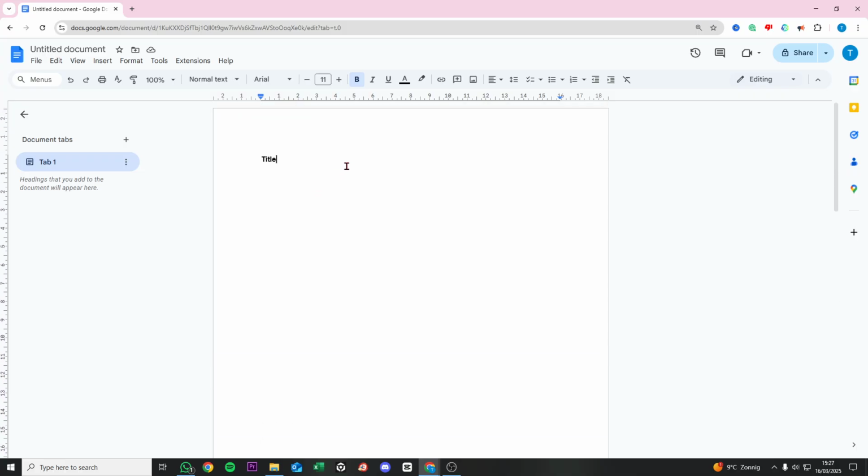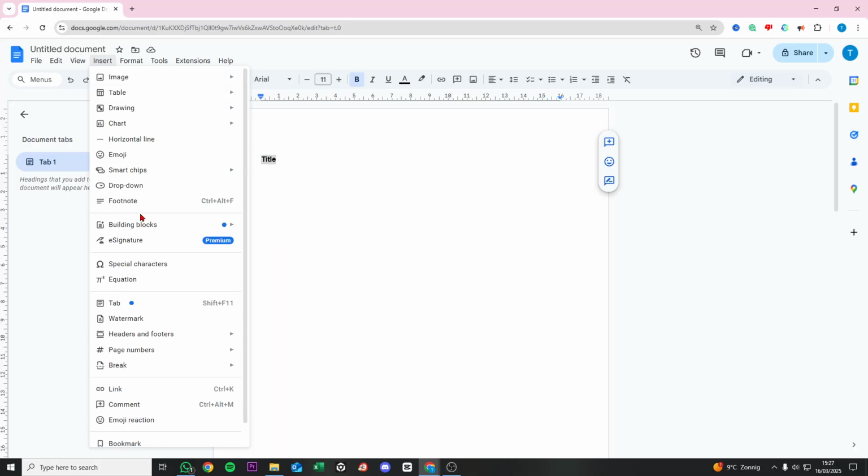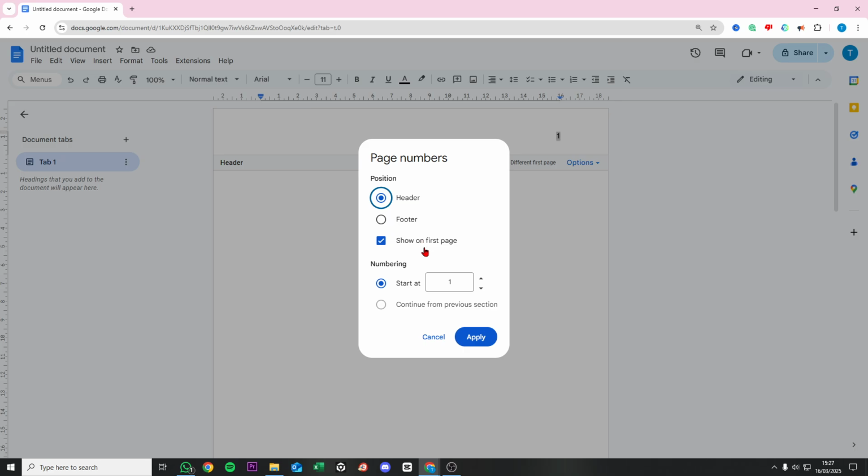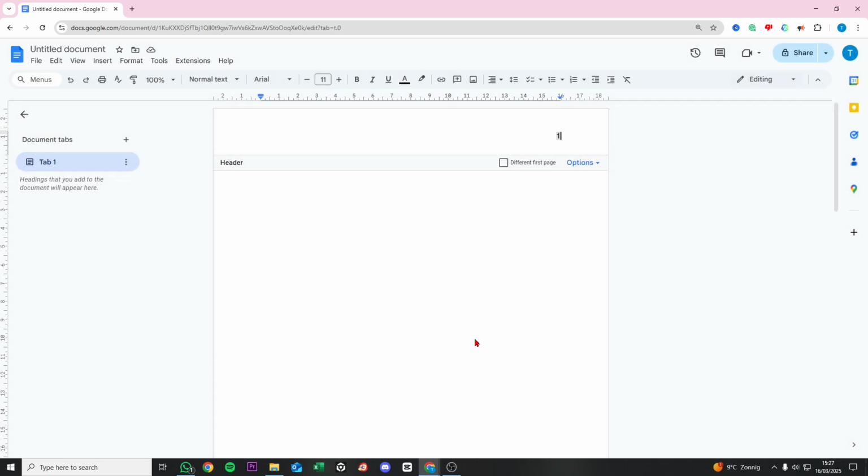Alright, first of all, we want to give our page number. So what we need to do now is select this, go to insert and then go to page numbers and select the type of page numbers that you want. Then from here we click on options and then we do page numbers and then do start at 1 right here,